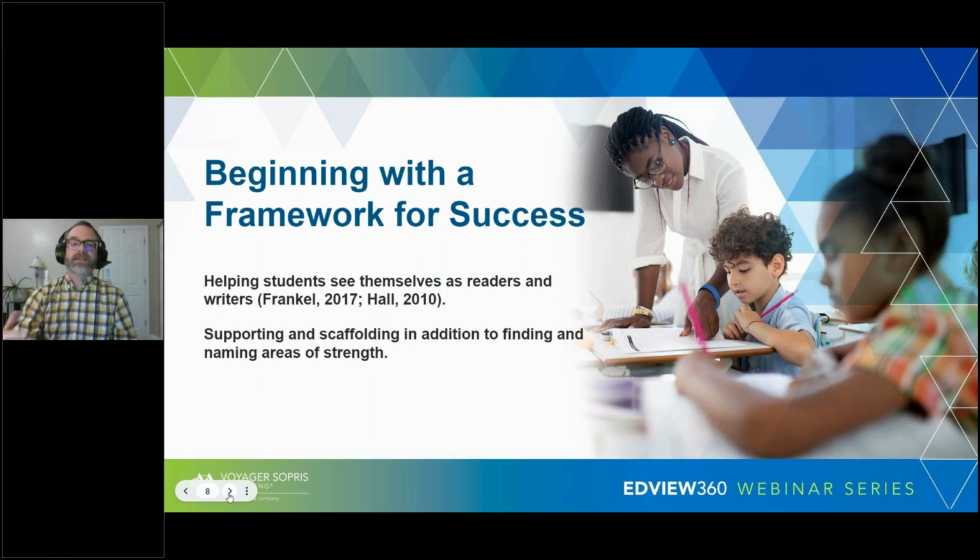But instead thinking about, well, these are the things that I know that my students have a grasp on. These are the areas where I know the building blocks are there. And there are things that my students bring with them, those strengths. And then thinking about, okay, how do I take these parts of our experience together, these moments of success, and then build on that and build on that.